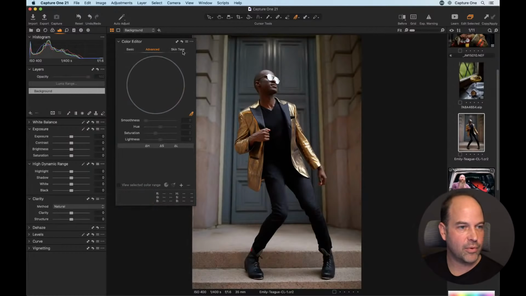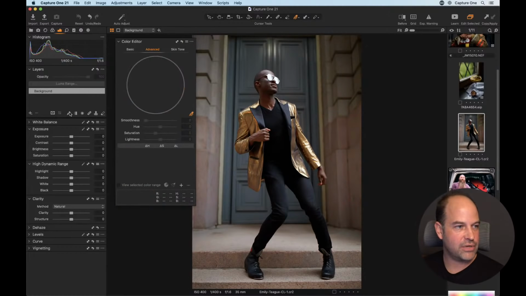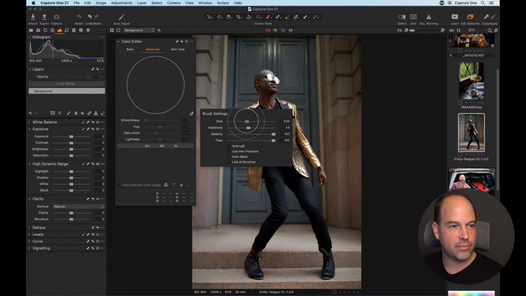Let's reset what we've done here. So he's got this nice gold coat. We might want to improve the color of that a little bit, but being a warm tone, we're likely going to affect some of the wall as well. If I grab my picker here and then just drop the lightness and boost the saturation, it's also having an effect over here. So what I would do, once again, reset that, grab my brush, probably make this a